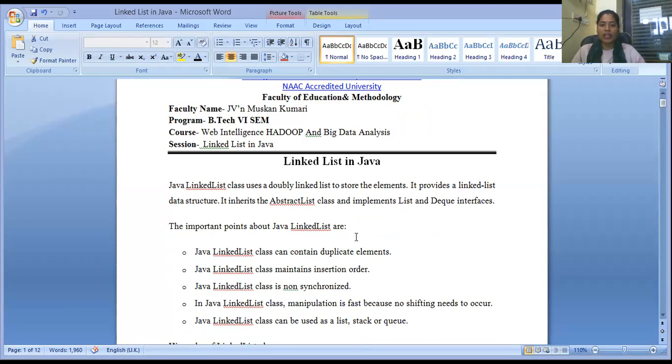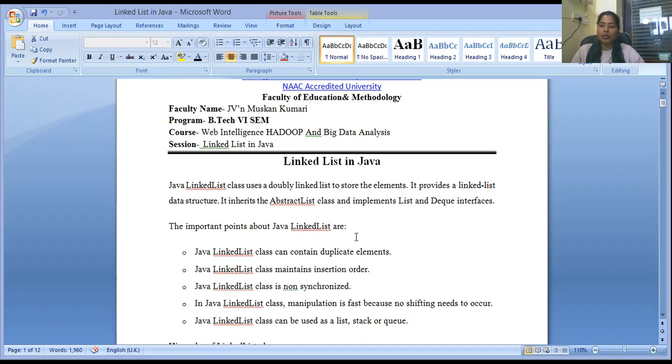Basically, it provides a linked list data structure, and it inherits the AbstractList class and implements the List and Deque interfaces also. Some more important points regarding the Java linked list: it may contain duplicate elements.